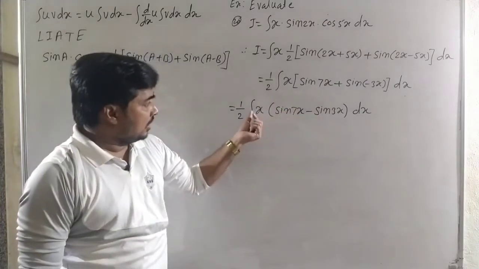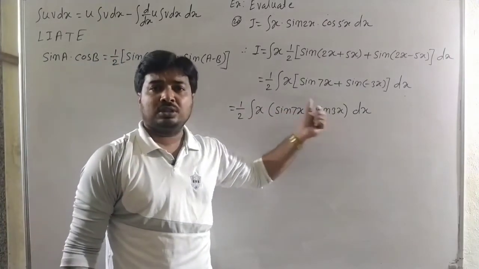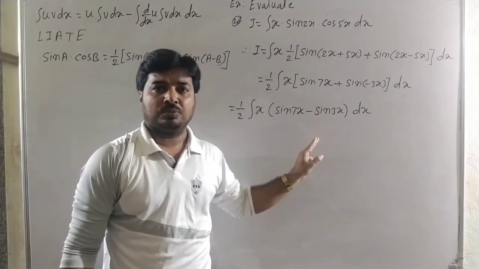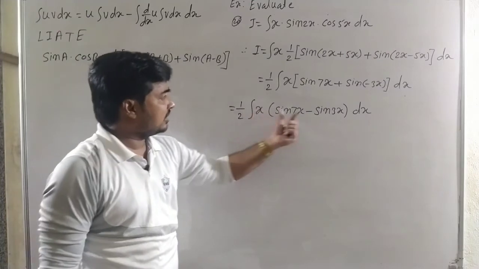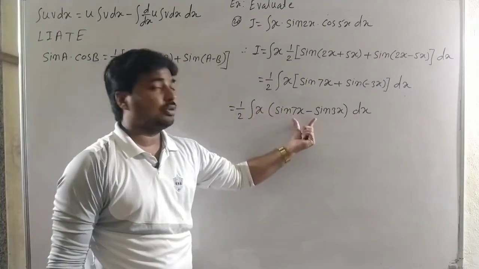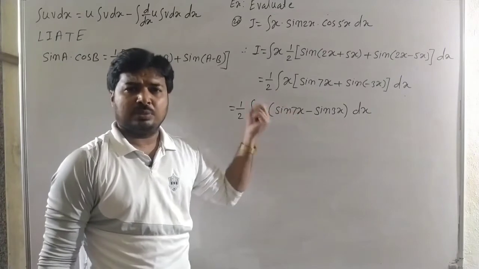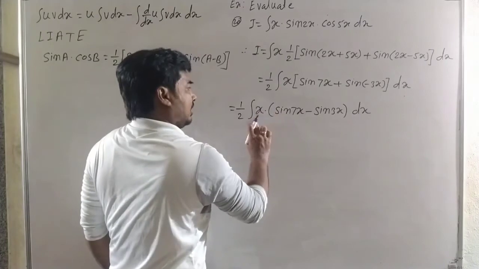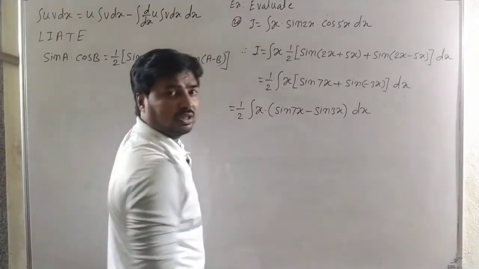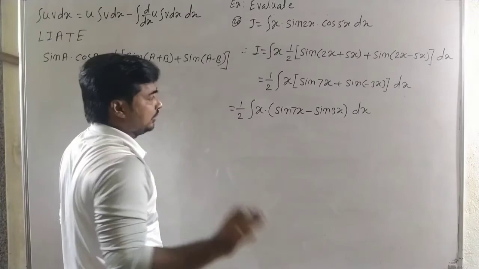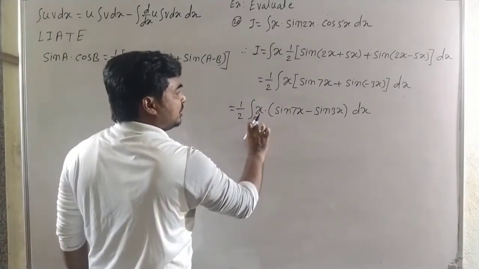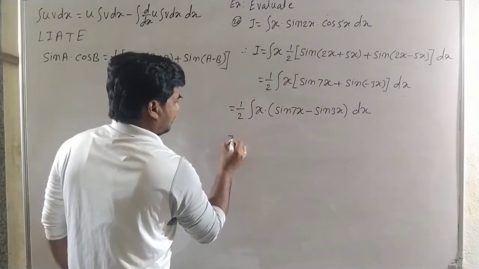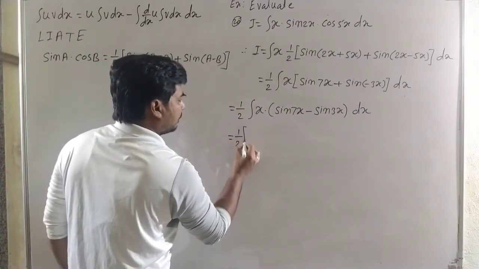Okay, if we multiply by x to both the terms, then we use the formula u into v twice. We can write x as it is, that is u, and this is v. Here, if we multiply, we get two integrals and solve the two integrals by using integration by parts, u into v. See carefully this. Okay, here it is 1 by 2 into, it is u